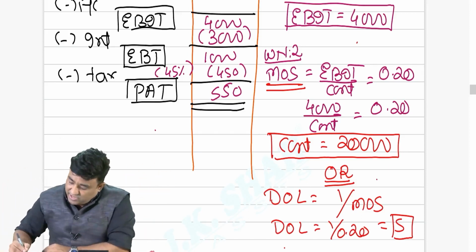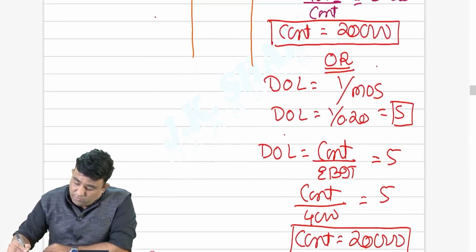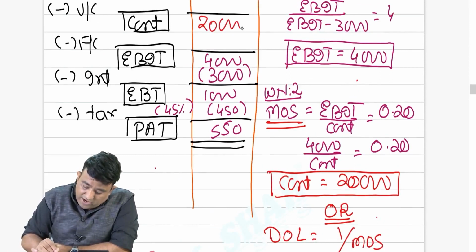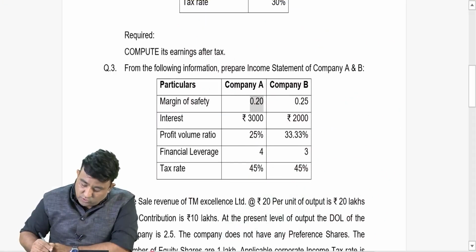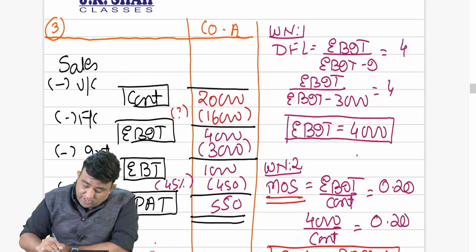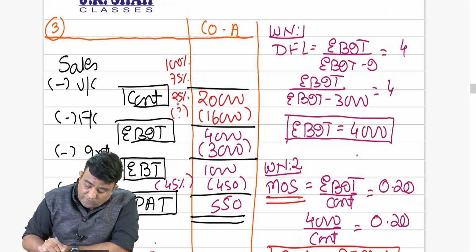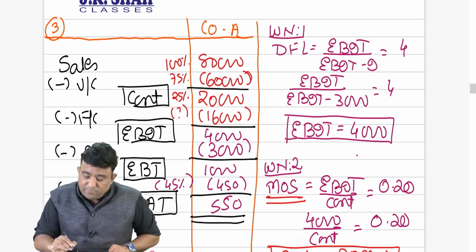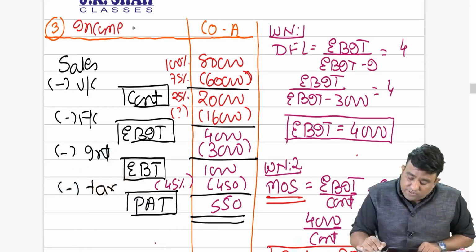So with the help of this, I can easily say my contribution is 20,000. Students, I can take contribution 20,000. So balancing figure, your fixed cost is 16,000. And as the PV ratio is given, student, what is the PV ratio? 25%. So if I take that 25%, I can say our contribution will be 25%, provided sales is 100. So this is 75%. So this is going to be 25% is 20,000. So this is going to be 80,000 and this is 60,000. Clear everyone? This is a pure simple income statement